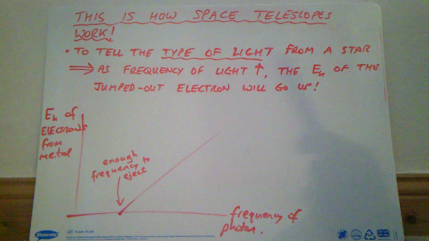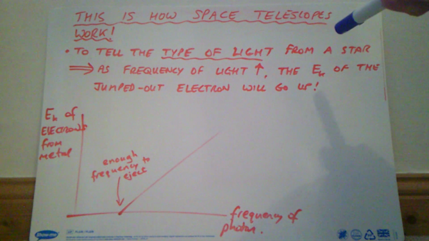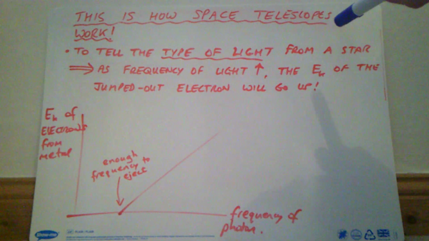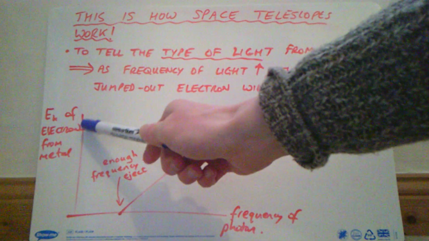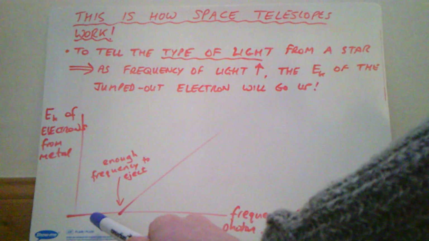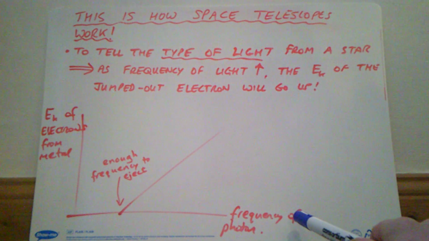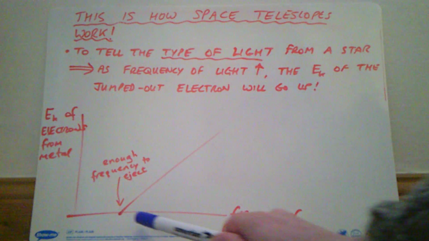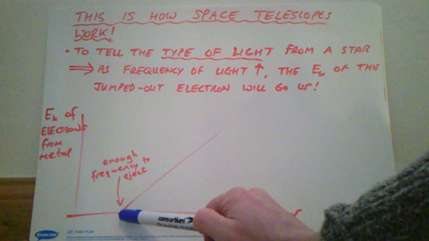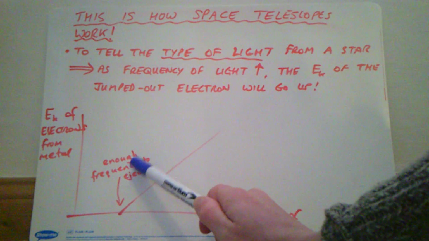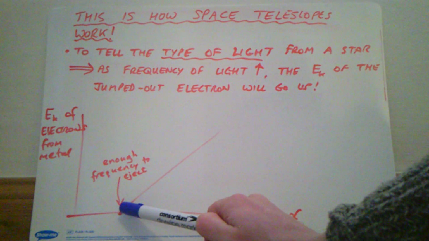So this is how the different types of light in the universe are detected. Going up is the kinetic energy of the electrons coming out from the metal. Going along is the frequency of the light coming in. So we know there's going to be a minimum frequency needed. This is the threshold frequency, so photons here have enough frequency to eject, but so long as those incoming photons